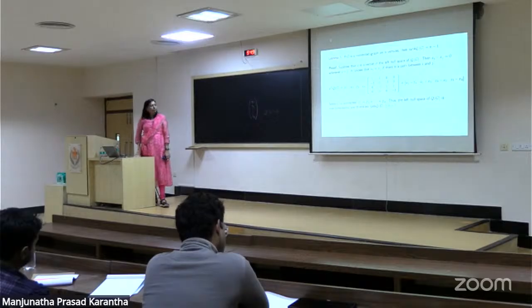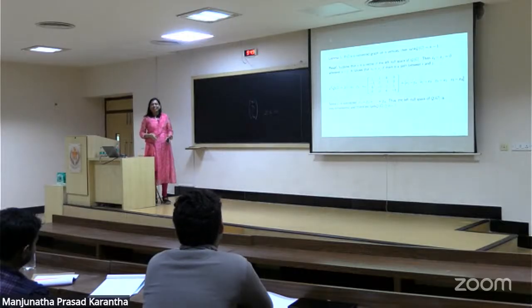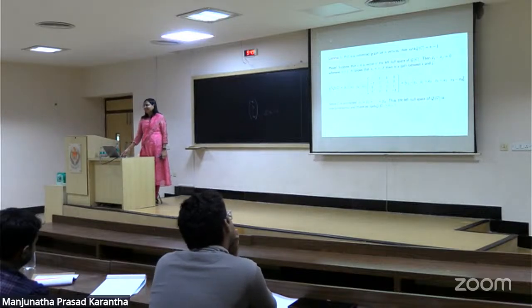So now I can say that the left null space is one dimensional. So the rank of Q_G will be at least